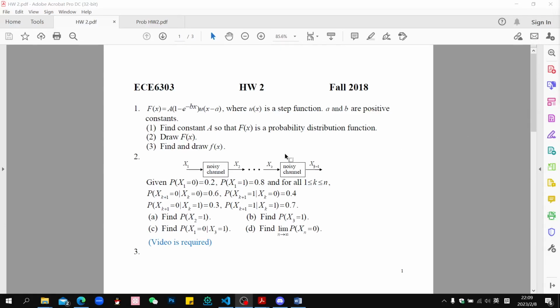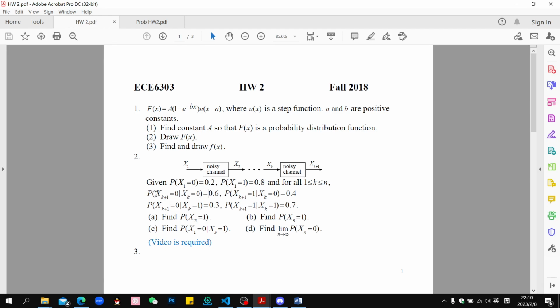Alright, this is the video for homework 2, question 2. The problem gets more complicated. It now involves multiple layers. Given the probability of x1 to be 0 is 0.2 and x1 being 1 is 0.8, and for all k's from 1 to n,